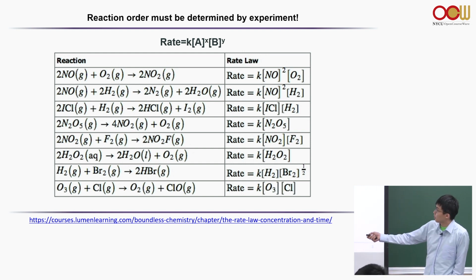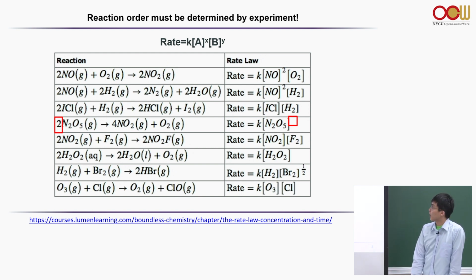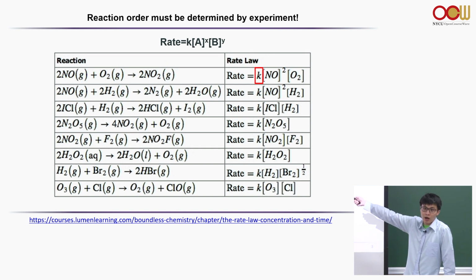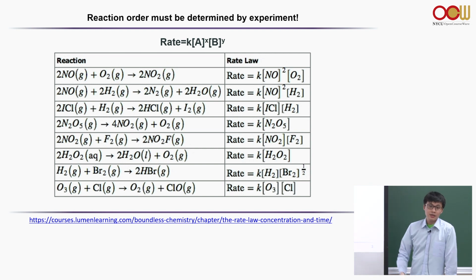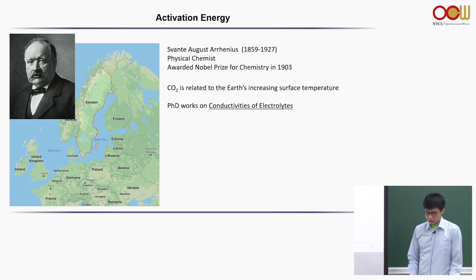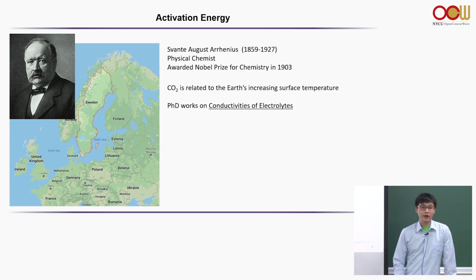Okay, so here is a general table, and you can see these numbers don't really have a correlation with your final rate law, okay? But when you write a rate law, you always have a small k, okay? Do not write big K, small k, and then your reagents, okay? So in the case of a zero order reaction, which means it does not depend on your reagent concentration, you can cross out the term. Okay, so we will come back to integrated rate law later on because I need to use a blackboard.